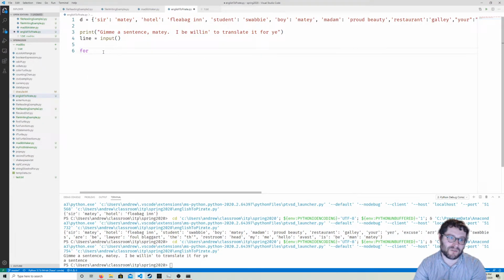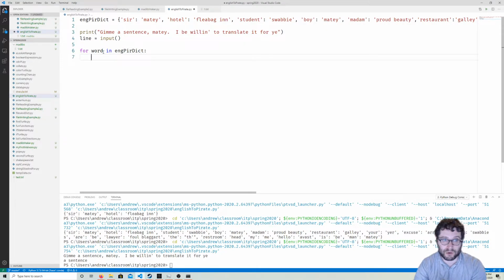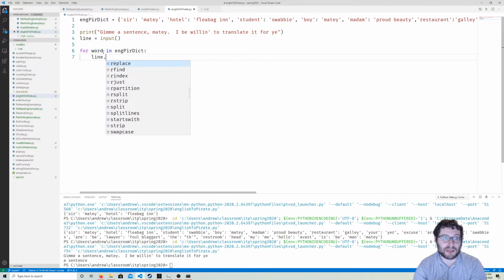So what we can say is for word in D, which I'll simply call English to pirate dict, so an English to Pirate dictionary. So for word in the English Pirate dictionary, we're going to say line.replace